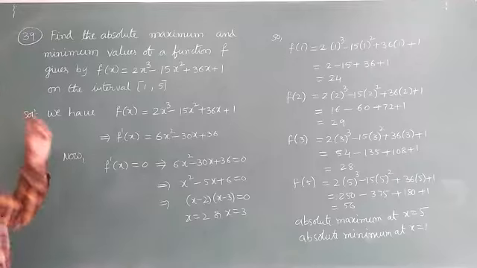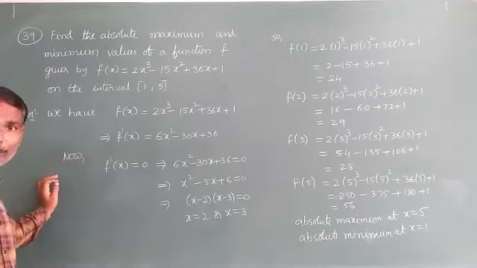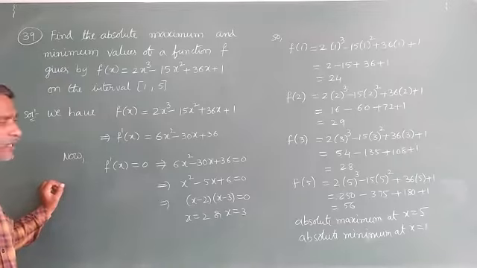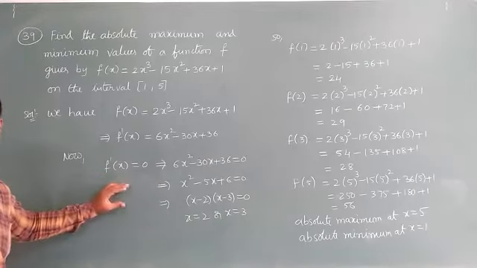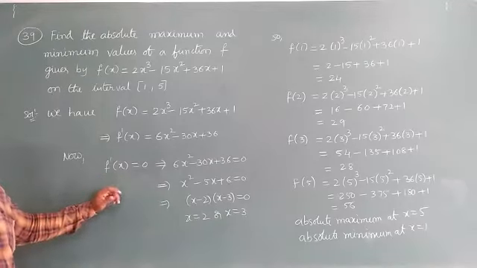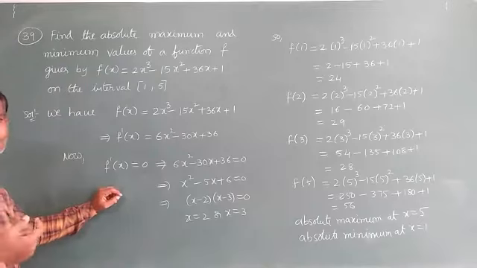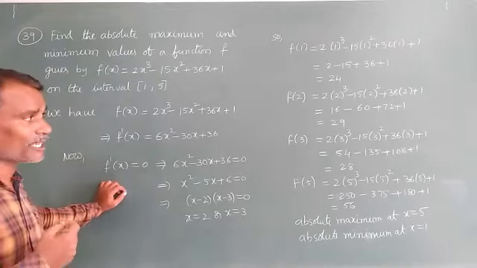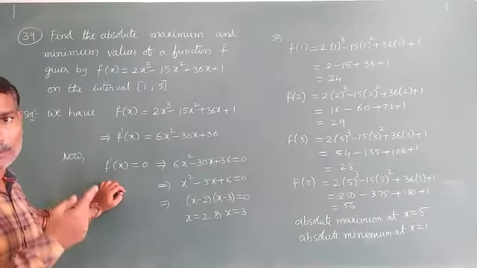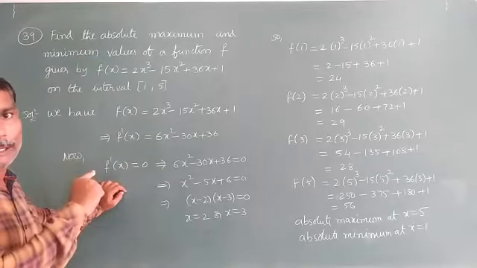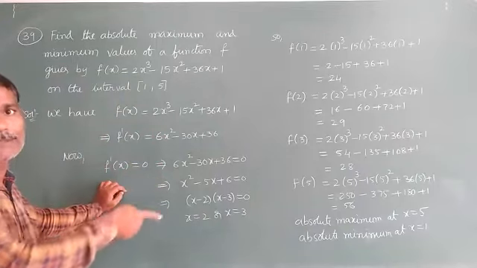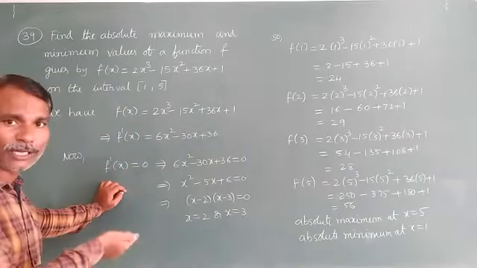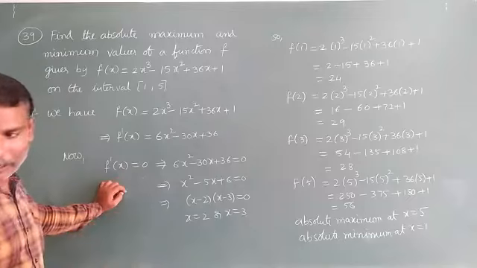Students, if you observe, in maximum and minimum problems the common factor is the first derivative test. We take the first derivative equal to 0, then easily we can get the critical points. Sometimes we take intervals and check the sign of f dash. But for absolute extrema, we apply it to the given function only. In the given function, the highest value is the absolute maximum value, and the smallest value is the absolute minimum value. Note down.